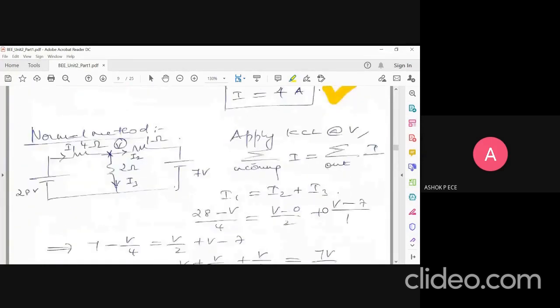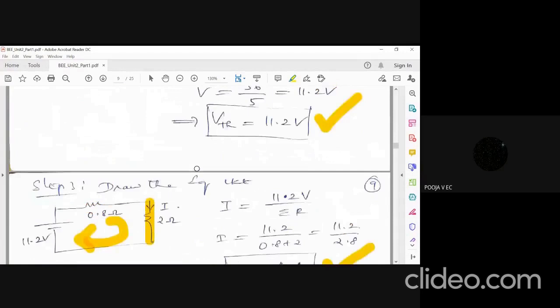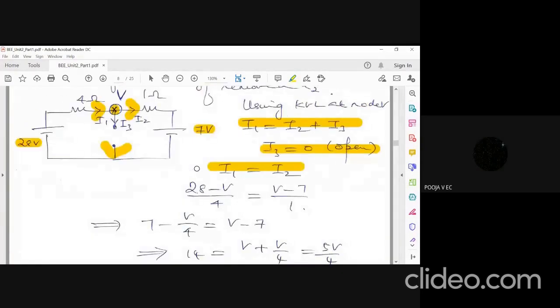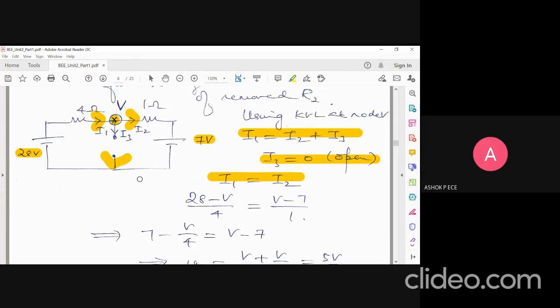Sir, I'm taking the doubt. While finding VTH, if we do it by the KVL method, Kirchhoff's voltage law method, that means first we have to find the current around the circuit, and after that, using Kirchhoff's voltage law, we can do it, no, sir? Yes, you can do it. You have to redraw the circuit for finding VThevenin using KVL. Sir, the current which we use, is it the current in this circuit or the normal circuit? See, when you use KVL, this open circuit anyway has no effect.